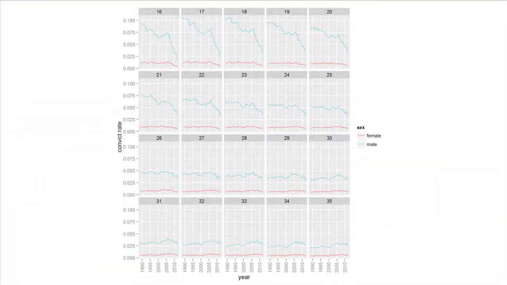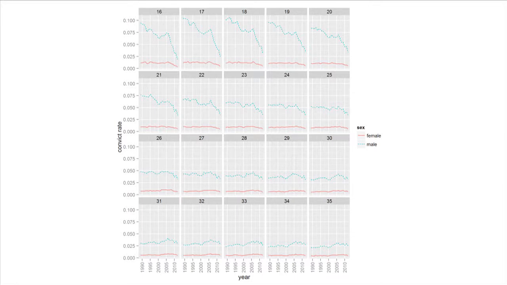What we've got here is another way of looking at and slicing through the data. What we've got is the age-specific conviction rates. So for each year from 1918 to 2012, given your age and your gender, what's the conviction rate? Now you can see some quite interesting patterns here in that this conviction rate